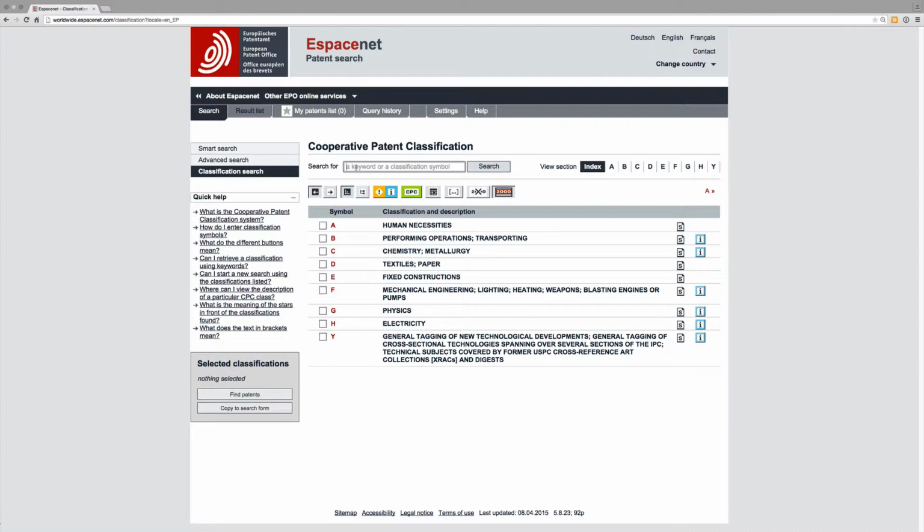The thing I want to draw attention to here is this search for function, which will search, I think, the titles and abstracts of documents in Espacenet for your search term and then try and identify the relevant classifications. So let's carry on with our pizza example. Let's see which parts of the classification system